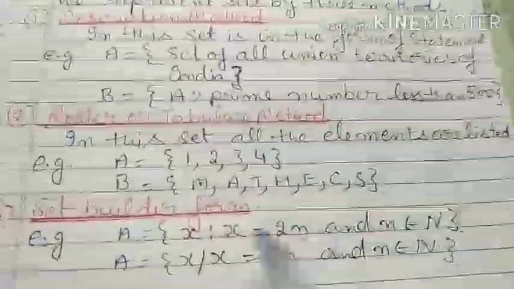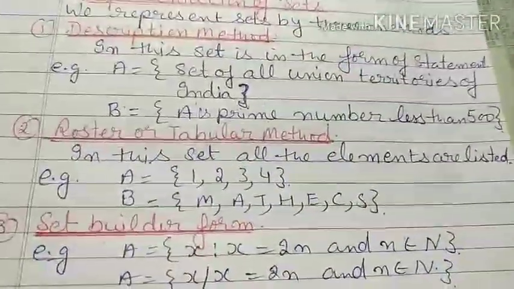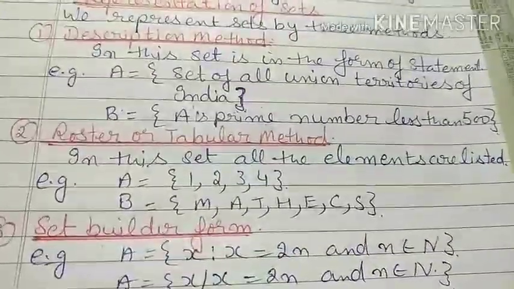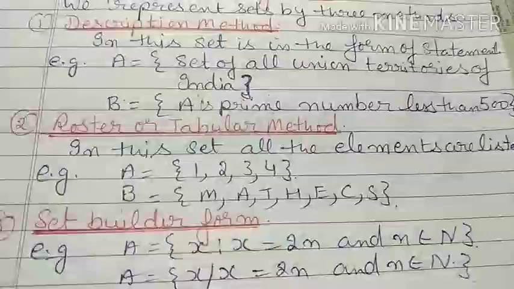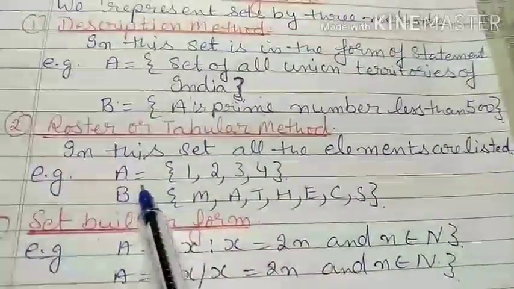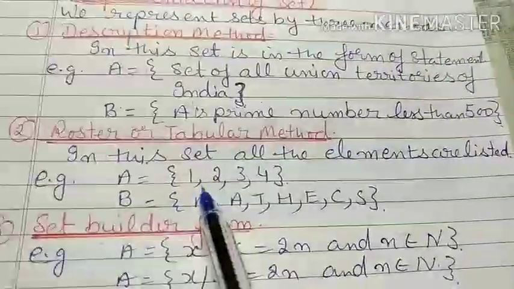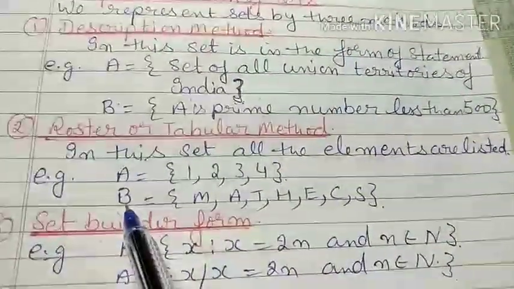Next is roster or tabular form. In roster form, you write the set in listed form. Listed means whatever exact quantity is there, you have to present that quantity. Like here in set A, if I have 4 numbers like 1, 2, 3, 4, this is the listed form. And in set B, if